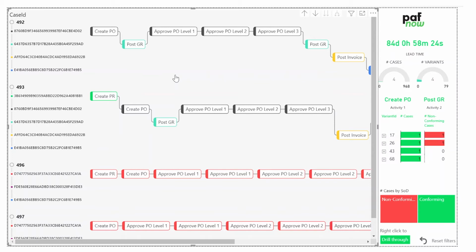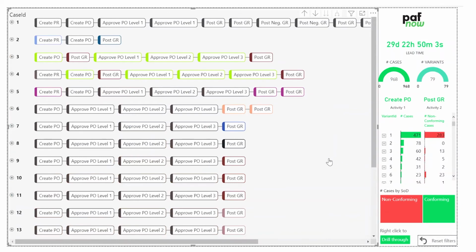Let's check the potential compliance issue that we discovered. I can remove the filters by just clicking the Reset Filters button in the bottom right corner. This removes all filters that I kept with me while drilling through the report. After removing my filters, I have the full picture of all my cases. Now I can just click on Non-Conforming cases,